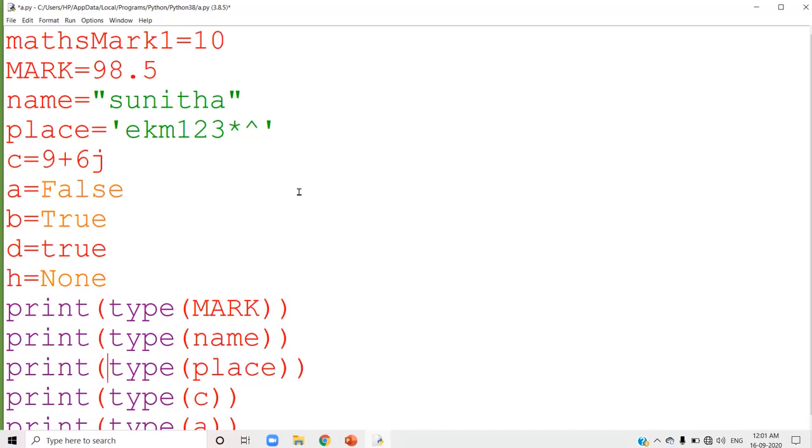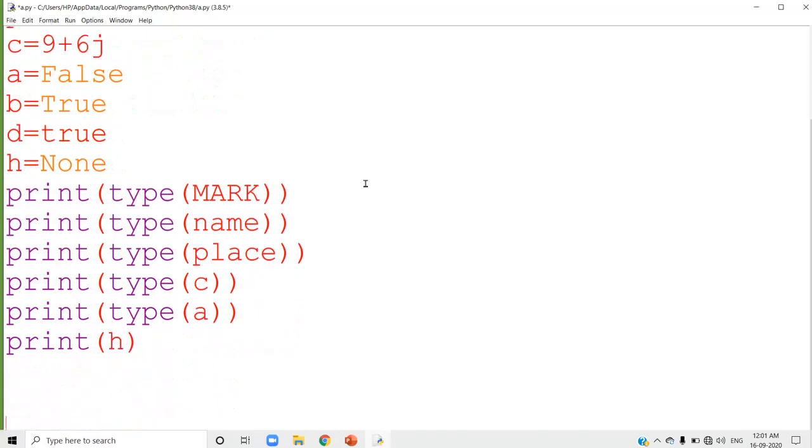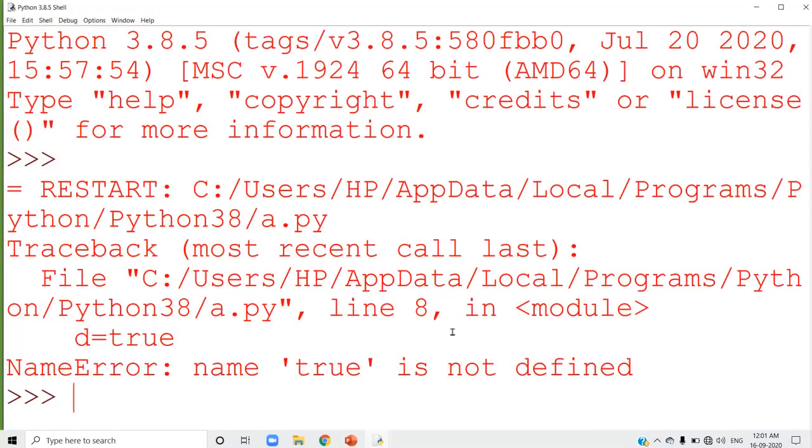Now, if you try to display that None, I am going to display print H. Print H means you will get the answer.